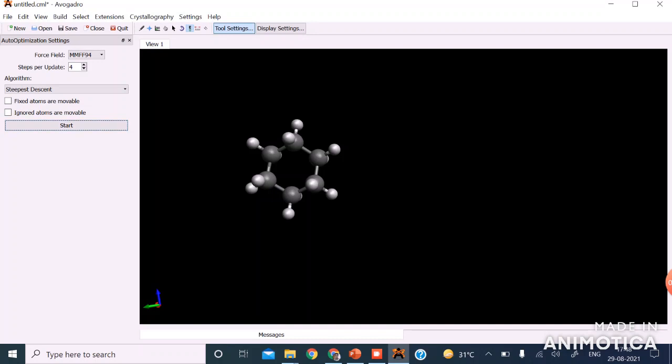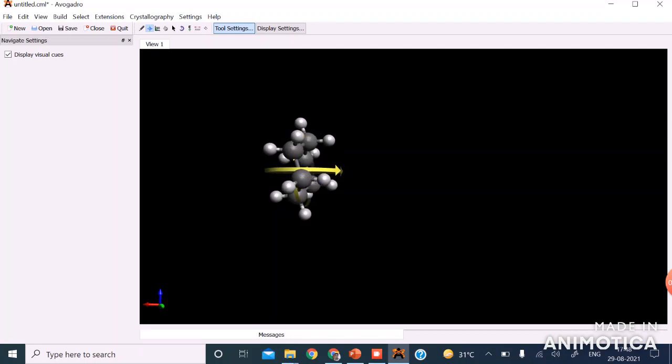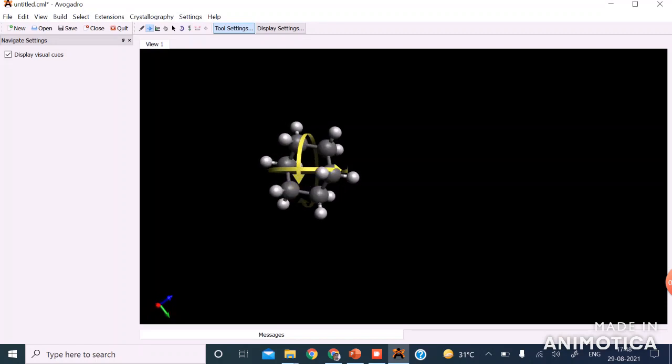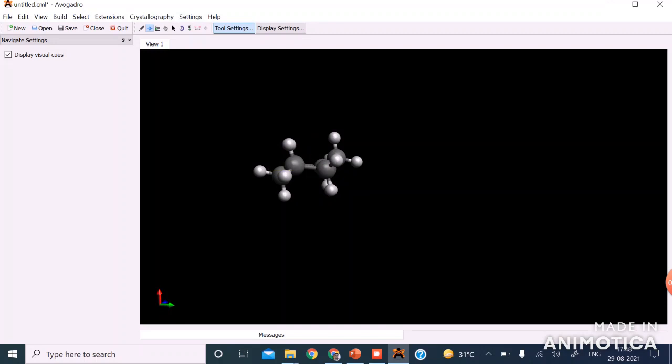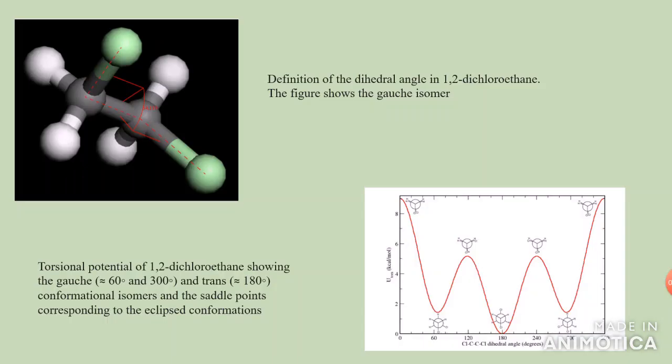Now, click on the navigation tool and let us rotate this molecule. Yeah, now this is a perfect chair form. So, this was the example of the auto optimization by using the Avogadro software. Now, let us see the example of 1,2-dichloroethane. In the figure you can see the dihedral angle. So, the dihedral angle is formed between this chlorine, carbon, carbon, chlorine atom,